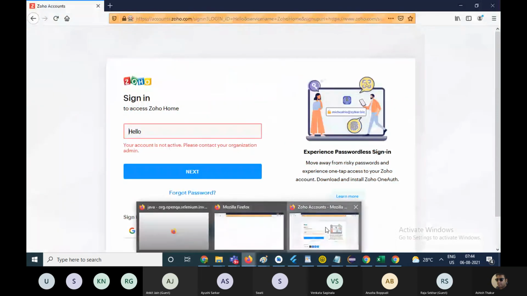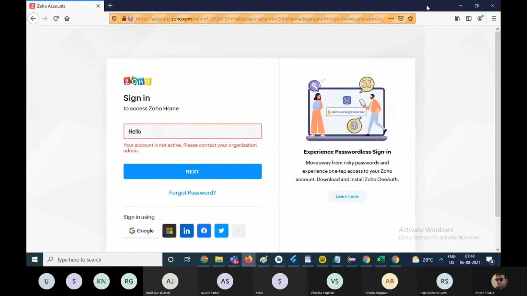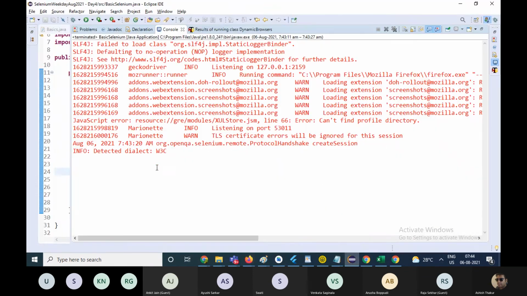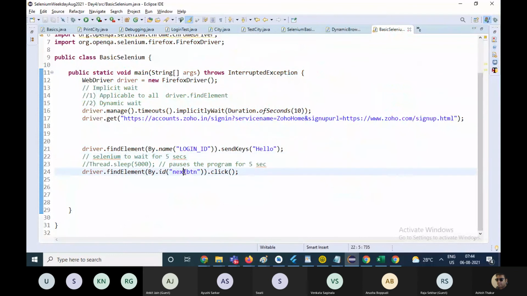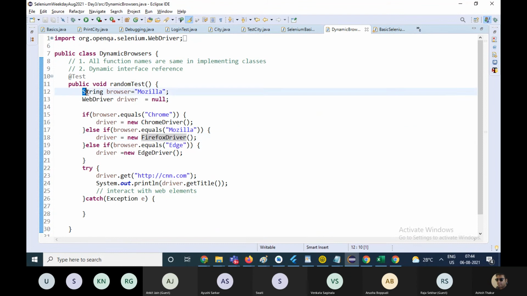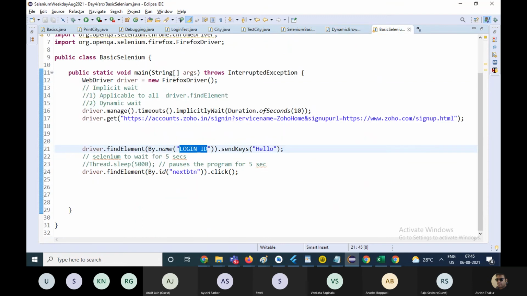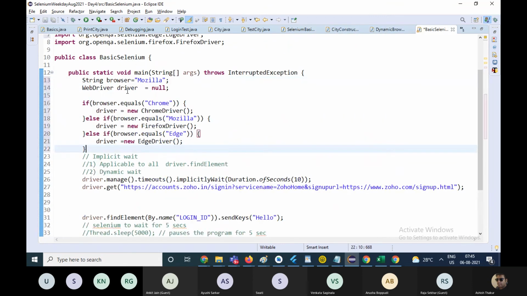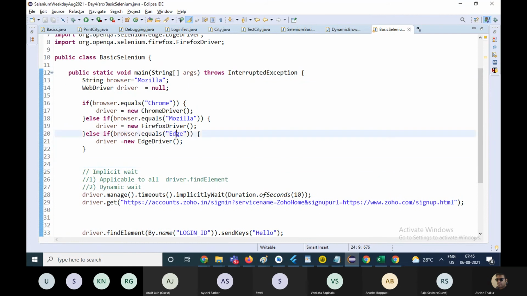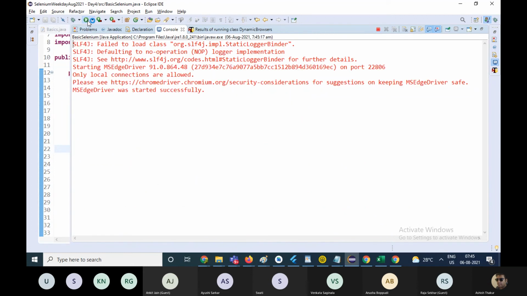If you change the browser, the same script executes on the other browser as well, because the page source remains the same, the IDs remain the same, the names remain the same. That is the advantage. And the code which I told you yesterday, that you write to dynamically open the browser, you can also put it over here. You just need to change the browser name, and based on the selection, that particular browser, Edge, will open and go to the website.